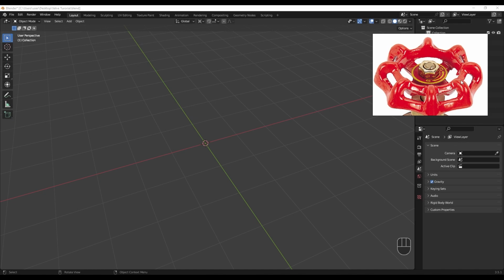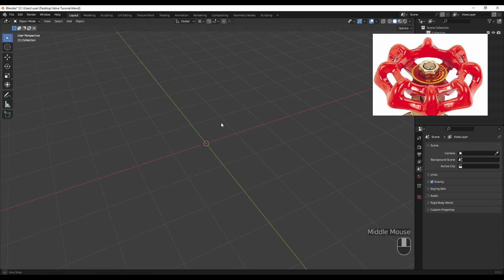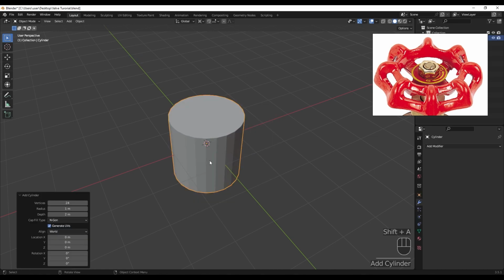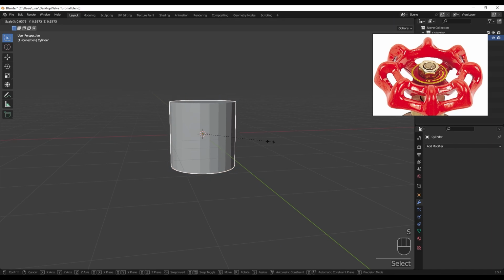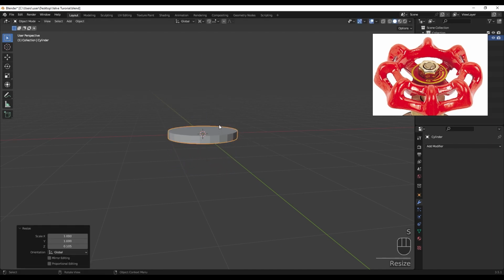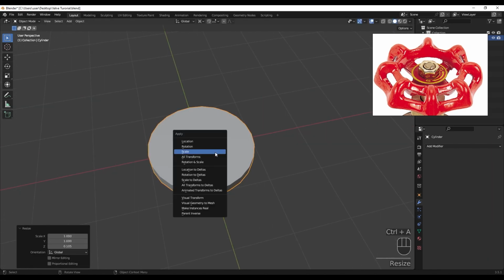This is an 8-part handle which we are going to create each side and then copy the rest. And for each side, I think we need 3 faces. Well, 3 faces for 8 parts, we need to create a cylinder with 24 vertices. All right. Next, I'm going to scale this down like this, and I'm going to apply the scale, then go